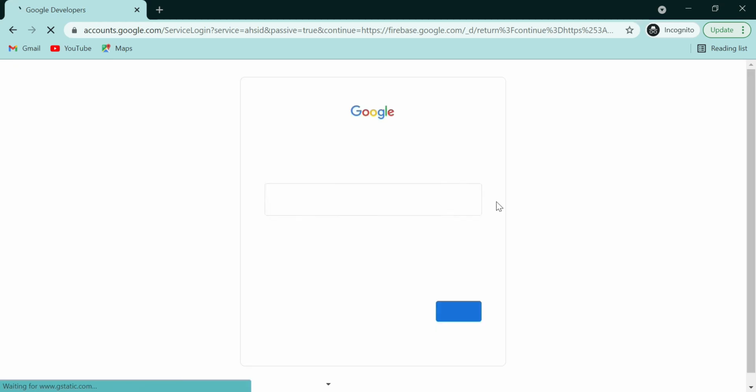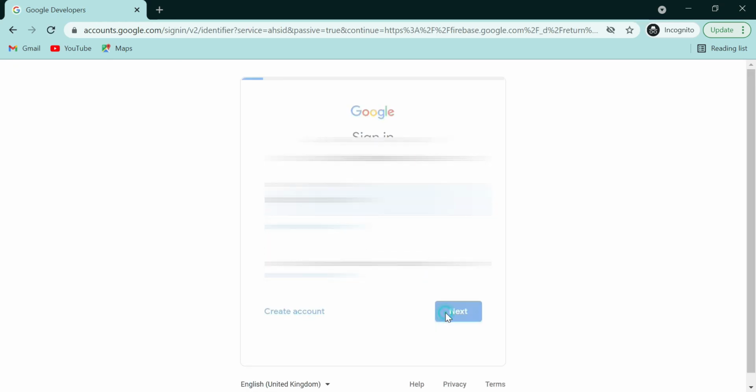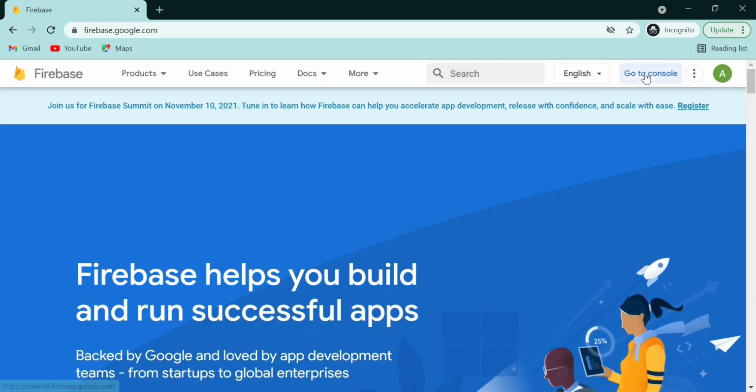There is no need to give any credit card or debit card information here. All you need to enter is your Gmail ID and password to get into this Firebase account. Now you click on go to console. Then you will go to the console of Firebase.